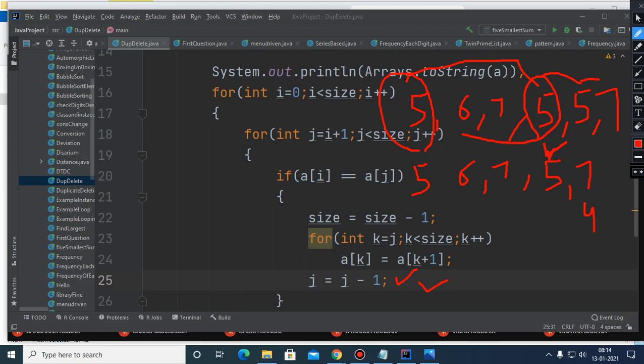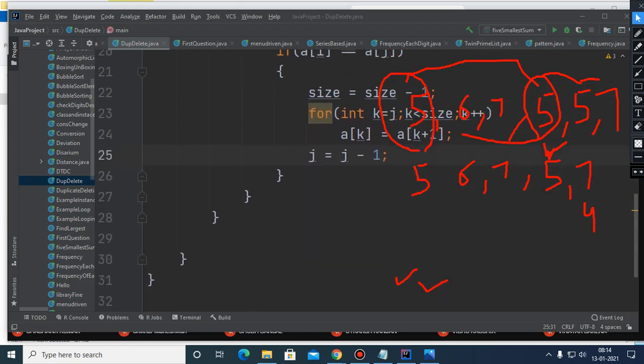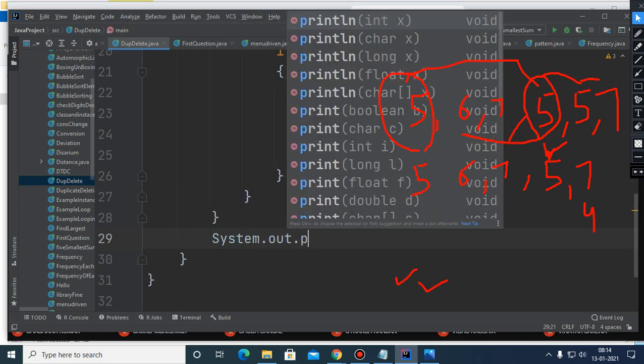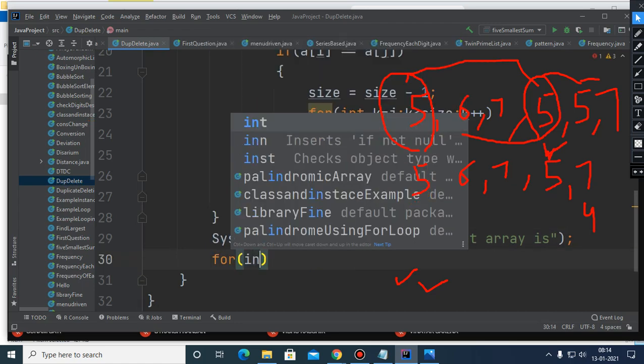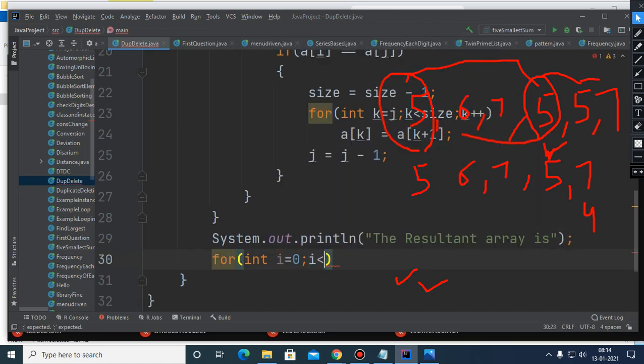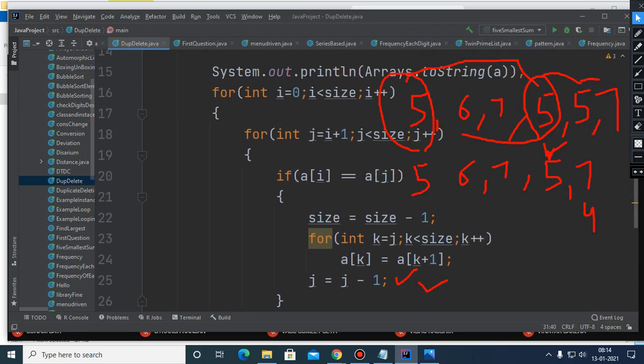I'm just going to input the same set of elements, and then you will see why I'm telling this. So children, here the resultant array is shown.